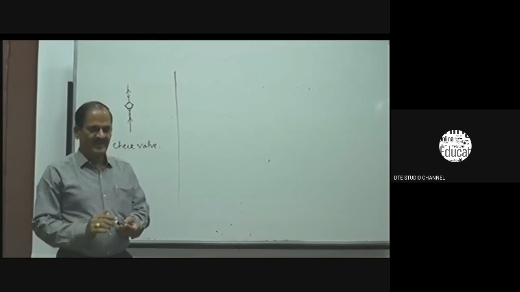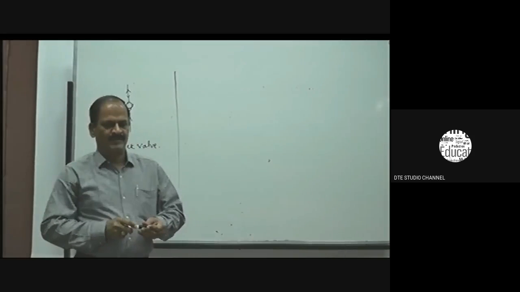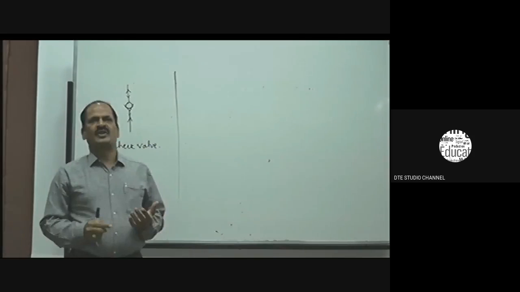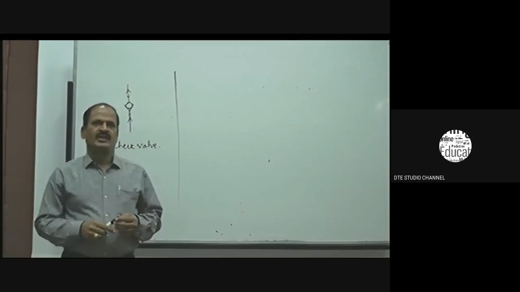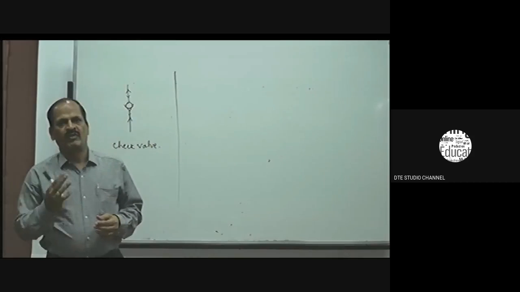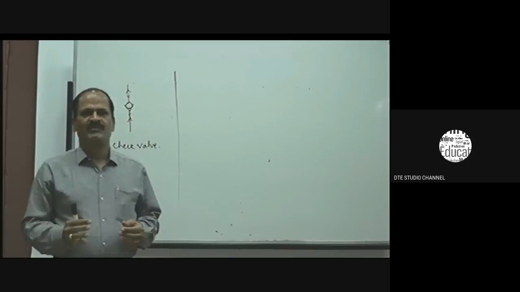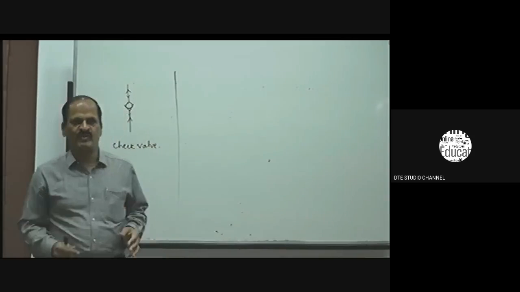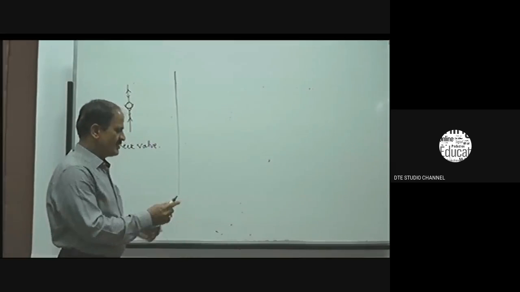And in the case of the second type of DC valve, sliding spool valves, depending upon the number of ports and the number of positions, they are classified into 2 by 2, 3 by 2, 4 by 2, 4 by 3, 5 by 2, and 5 by 3. Different types of sliding spool valves. The symbol for representing a 2 by 2 DC valve.